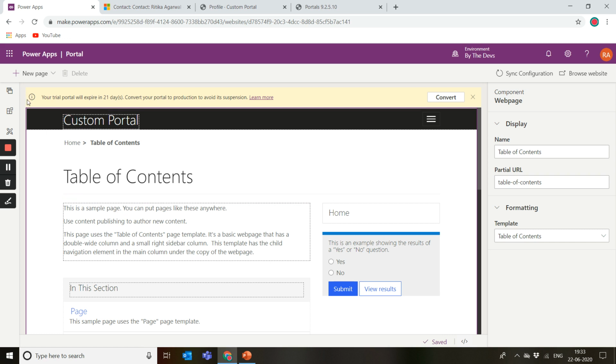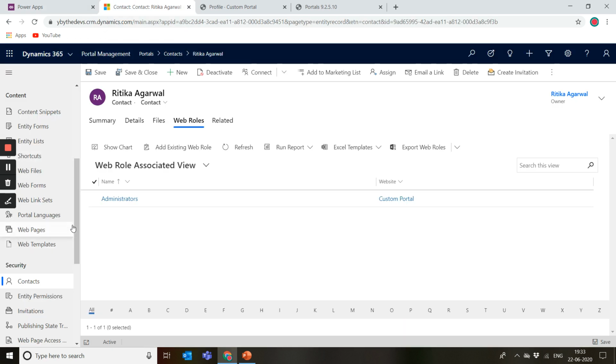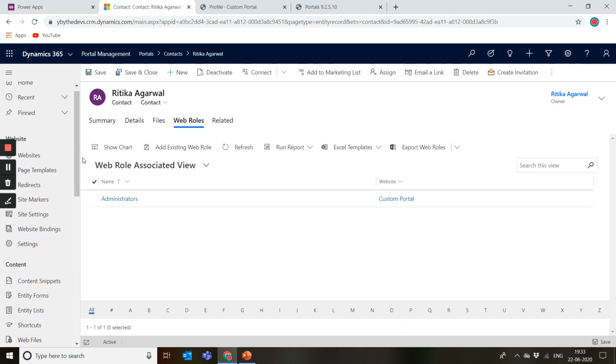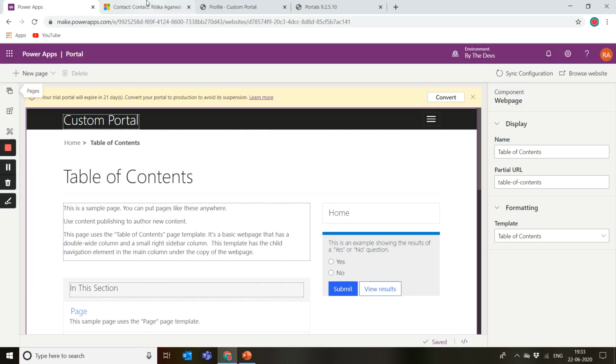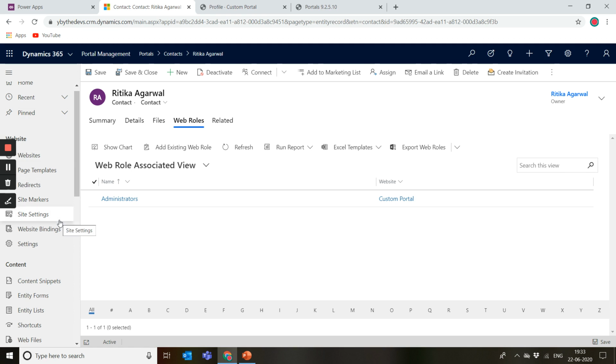Based on my personal experience, we use this portal editor when we are just starting with the development. Once you're familiar with the concepts and everything, you can directly use this portal management app. Whatever you are configuring in the front end here is synced to this backend, which is in the portal management app.